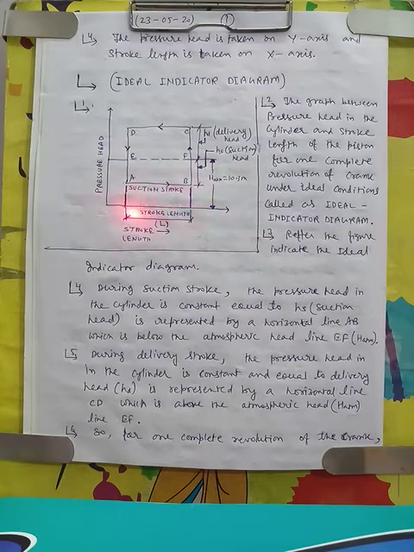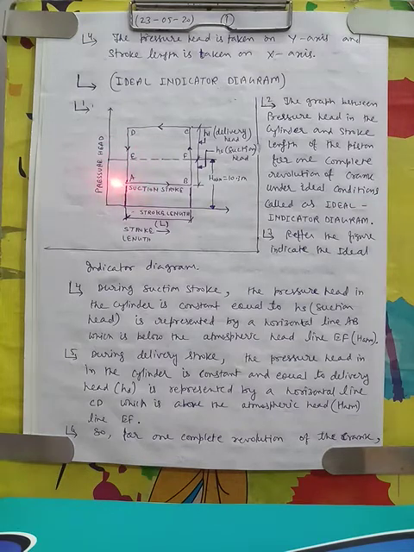As the suction stroke starts, the pressure inside the cylinder becomes vacuum pressure, and that is the suction head. I have represented that as the suction head. This much is the suction head. But how much suction head means how much head is below the atmospheric pressure. During the complete suction stroke, this is the complete stroke, the stroke length of the cylinder, we assume that the pressure inside the cylinder is the suction pressure, the suction head.